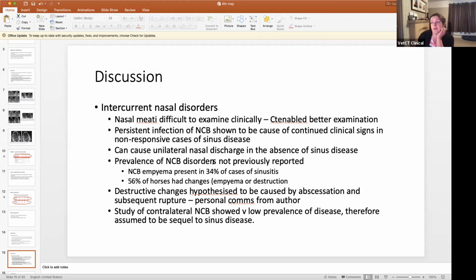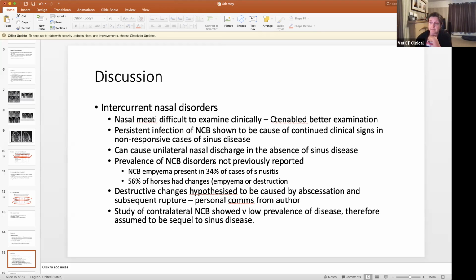They talk about the fact that actually there are intercurrent nasal disorders in a high proportion of cases of sinusitis, so they had just over 50%. They talk about the fact that the nasal meatae and nasal conchae, the conchal bullae, are difficult to examine clinically, so CT enables better examination. Even things like examining the middle meatus can be challenging